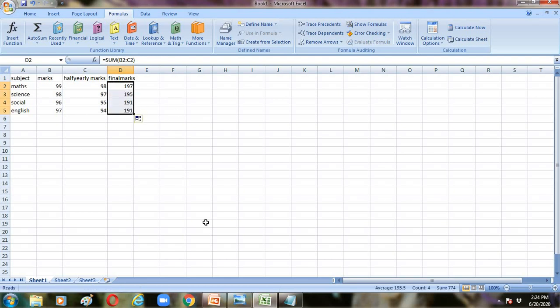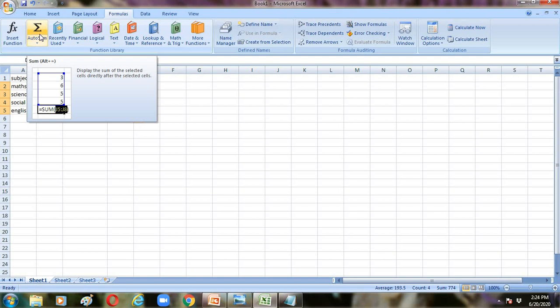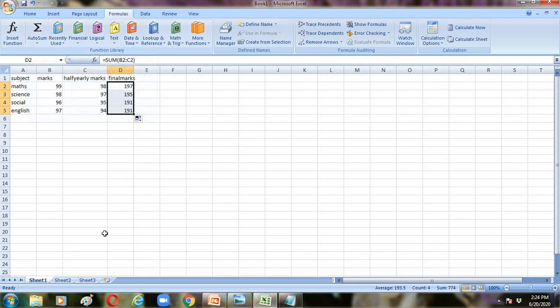So like this, we can find the sum by using the AutoSum function, which is in two places. One is the Home tab and another is the Formulas tab, in the Function Library group. You will have the first option as the AutoSum function. And next, coming to the average. See here, I am just deleting all these things. Now, average means how you will get the average.